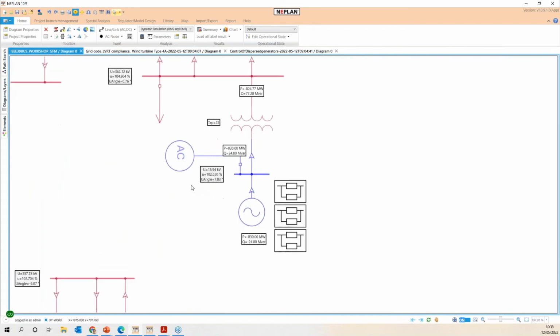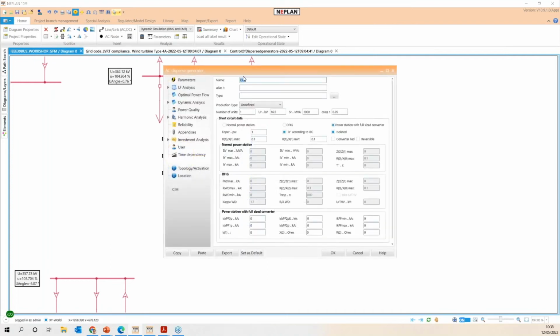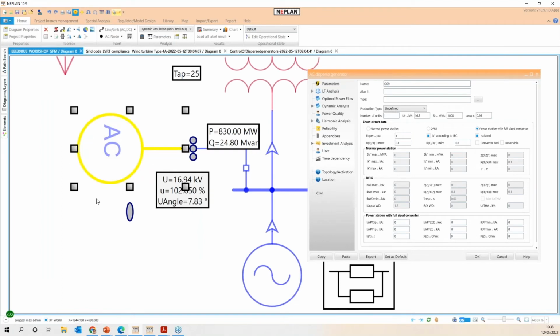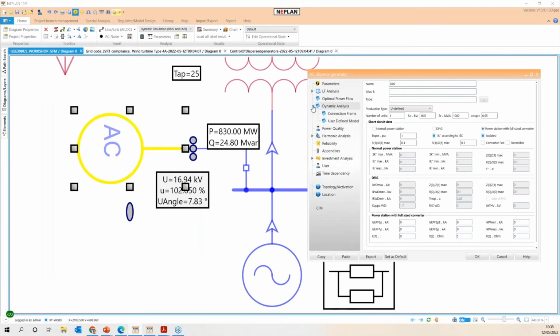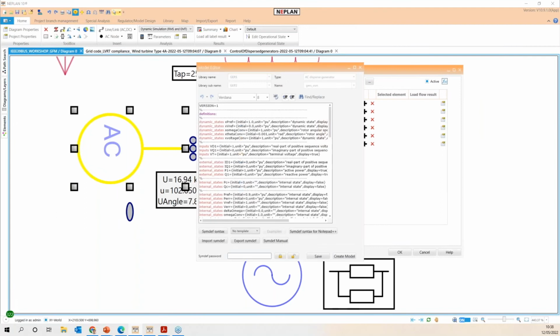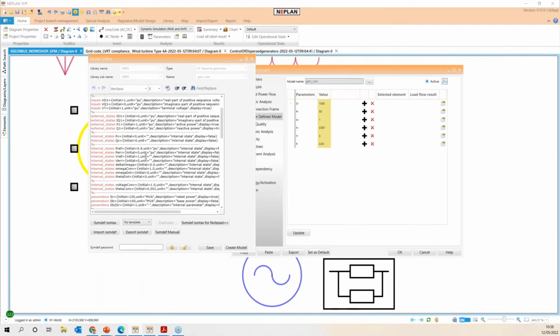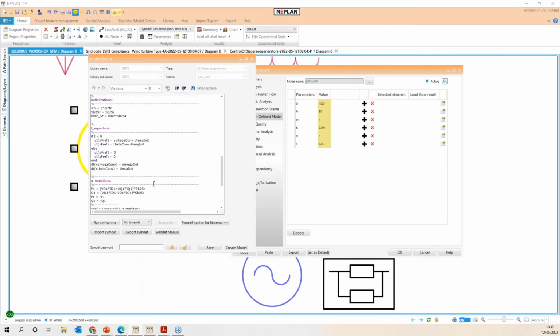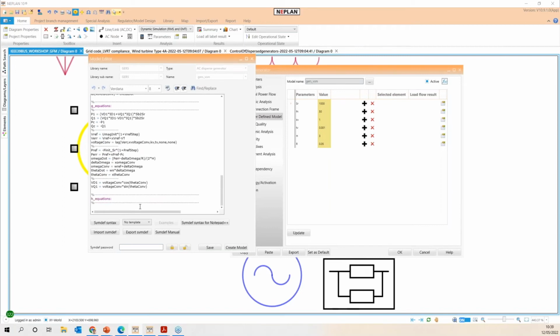Well, in the context of the grid forming inverter models, to define the inverter-based resource with a non-standardized model, we need to define a user-defined model. In this case, the user-defined model can be processed with the SIMDEF editor, which allows us to create the variables, the initialization, and the equations, as I explained before. This is a text-based file, since we are able to write directly in the text-based file, and it allows us to create the model in an easier way.